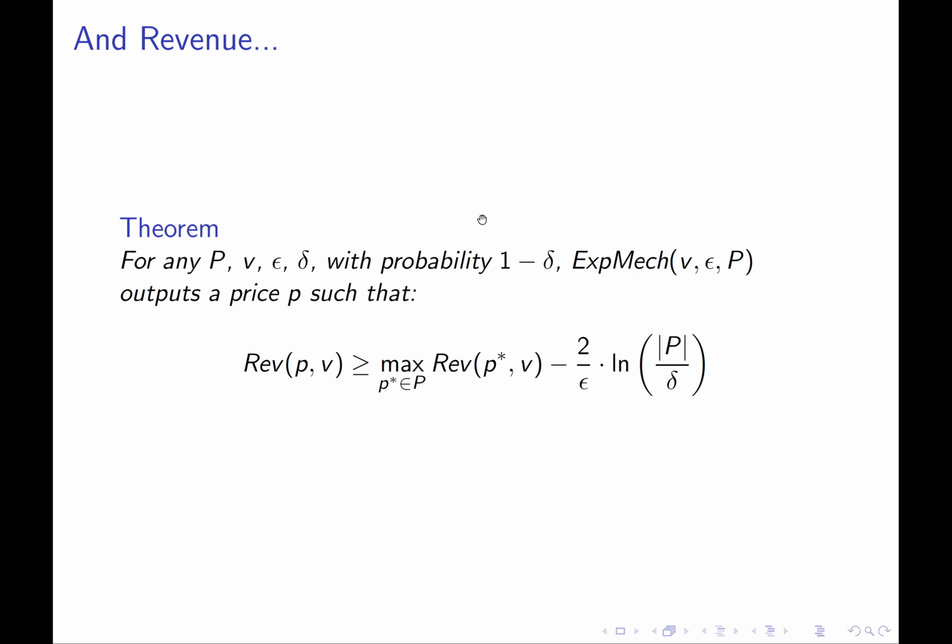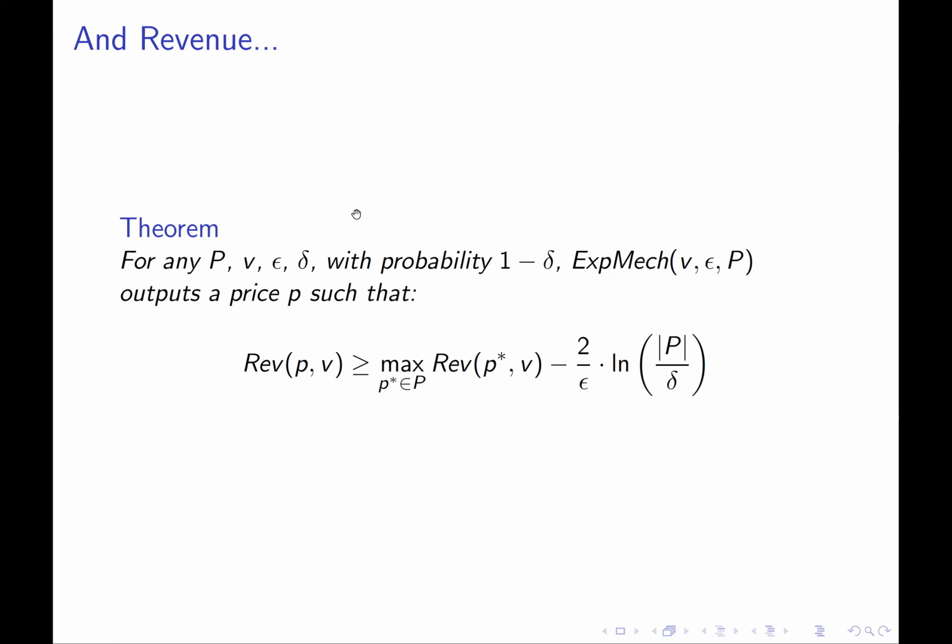Okay, so our theorem is going to be that with high probability. We have to give a with-high-probability bound now because the exponential mechanism is randomized. And of course, there will be some chance that it outputs any price. With some probability, it'll output the worst price. But what we can promise is that no matter what set of prices we give it, no matter what set of bids we give it, and no matter what privacy parameter we give it,